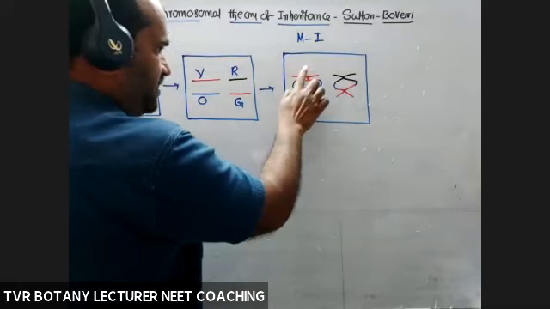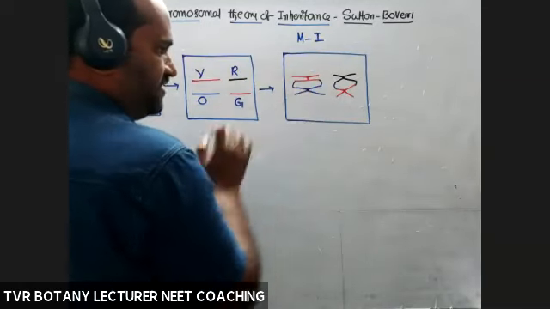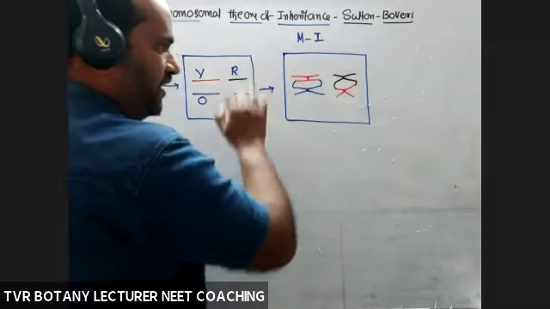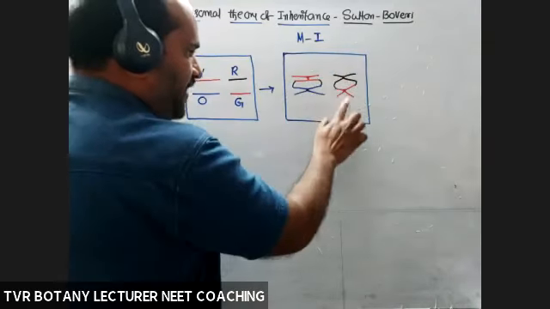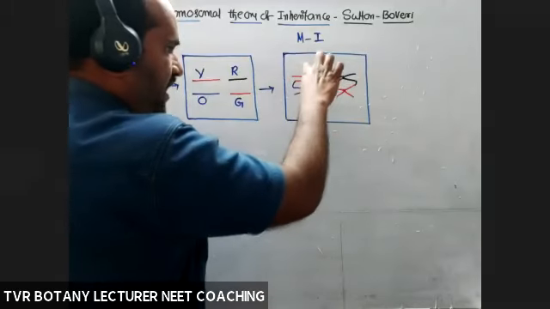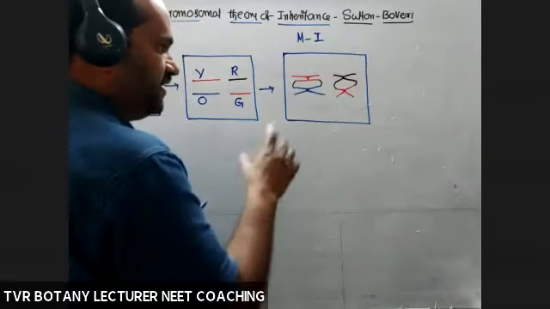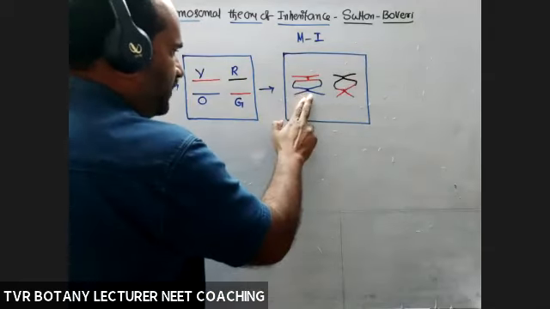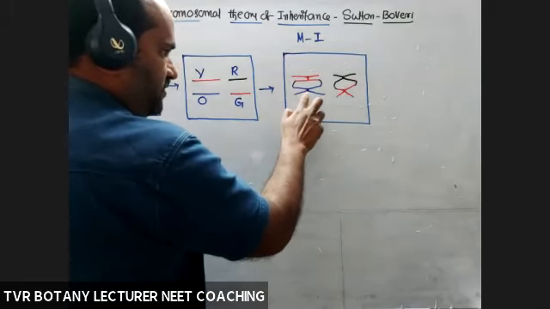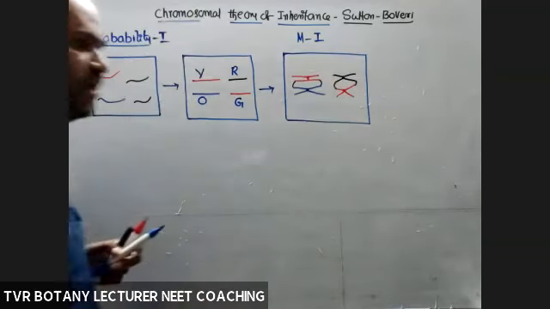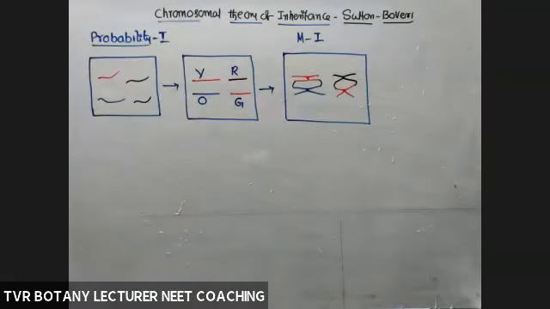For example, this one is a number 10 chappal, number 10 chappal. At the time of wearing, we are using 10, 10 only. And this one is number 5. So at the time of wearing, is wearing of this one independent of wearing of this one or not? Like that, alignment of these two chromosomes in the form of a bivalent is independent of alignment of that one at the equatorial line, the metaphase plate.